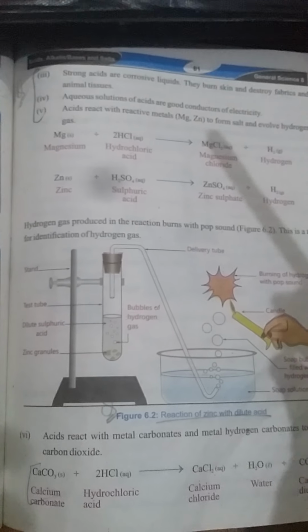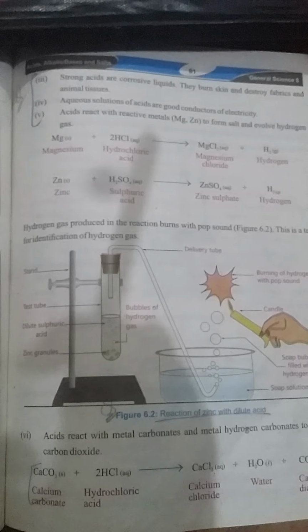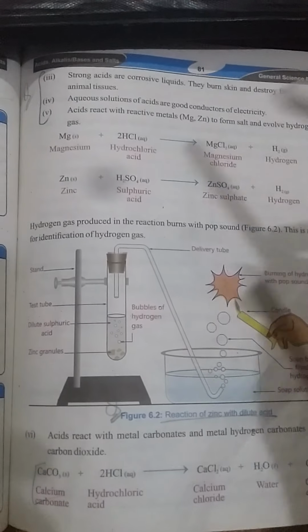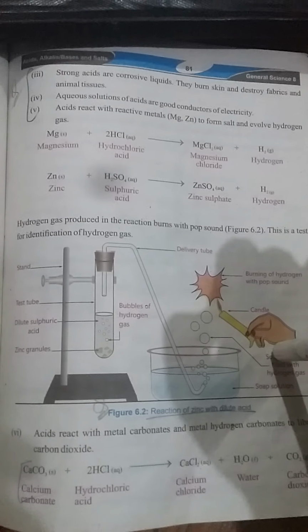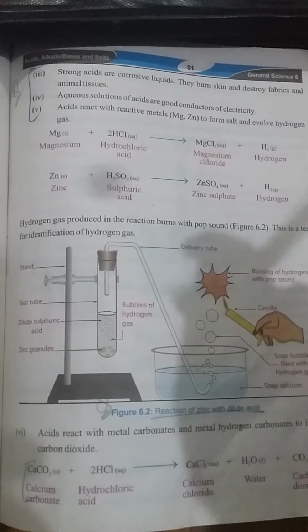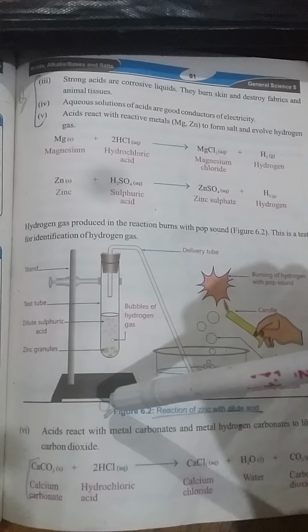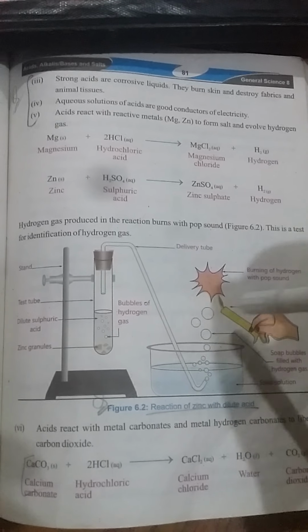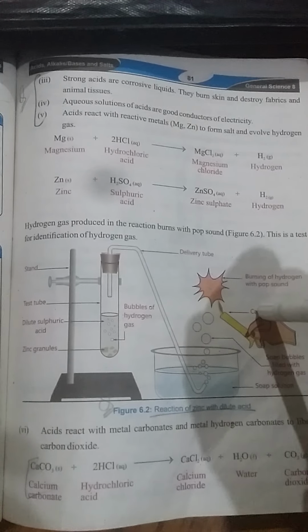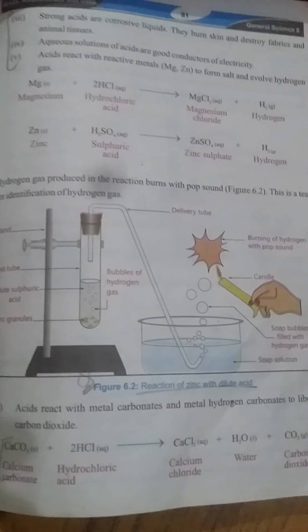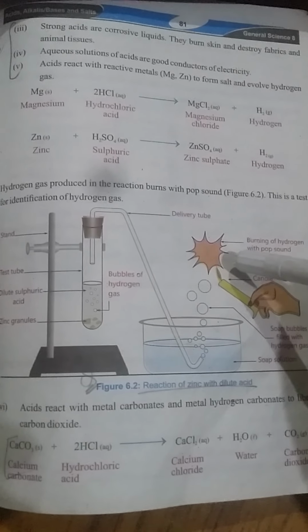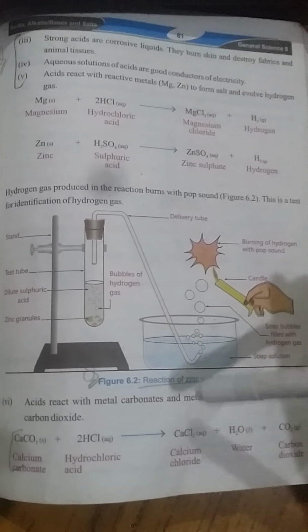And acids react with metals such as magnesium and zinc, and they produce hydrogen gas. We also did the activity and explained the apparatus to prove the hydrogen gas evolution. In this, we used the apparatus that was used to perform the hydrogen test, or the test for the evolution of the hydrogen gas. And the next one is